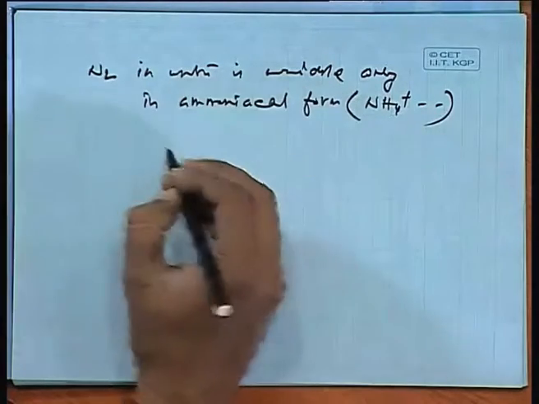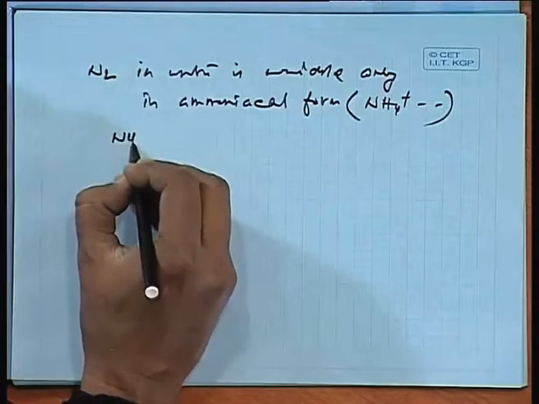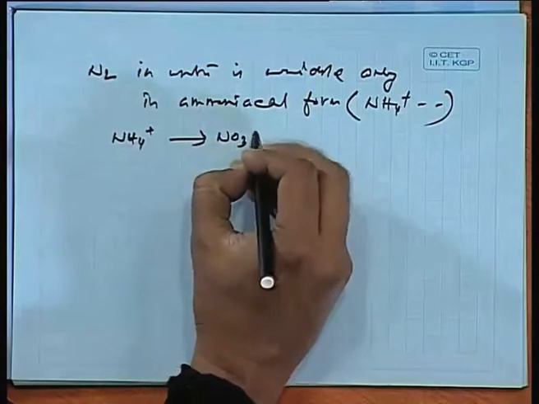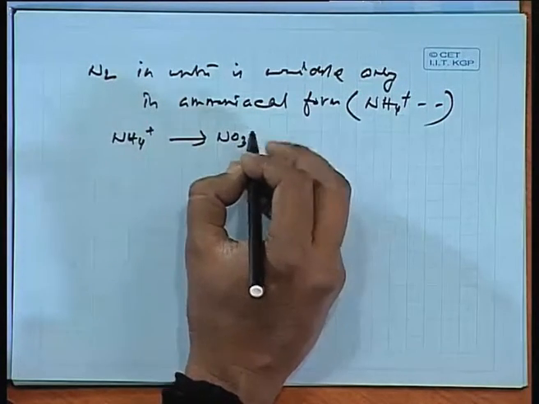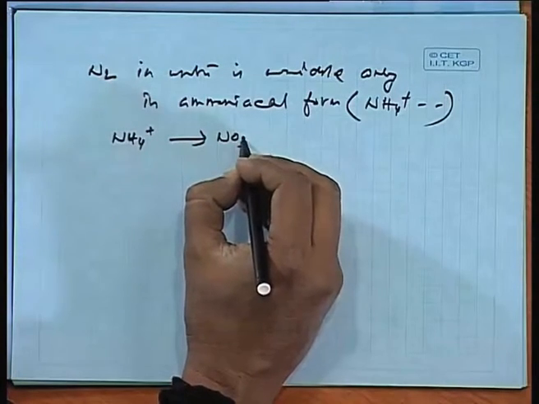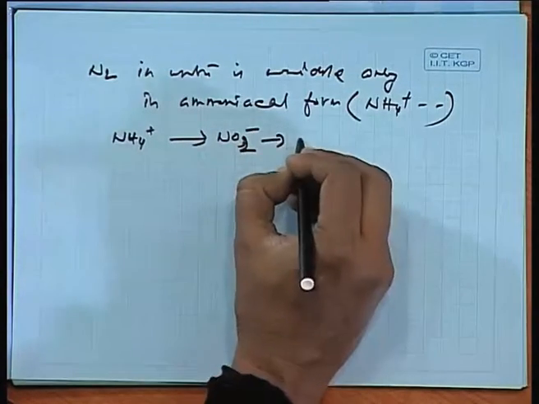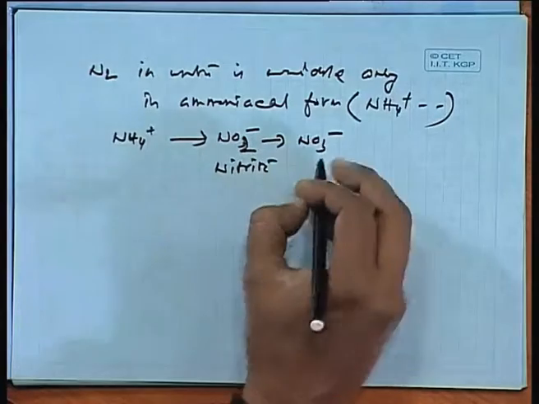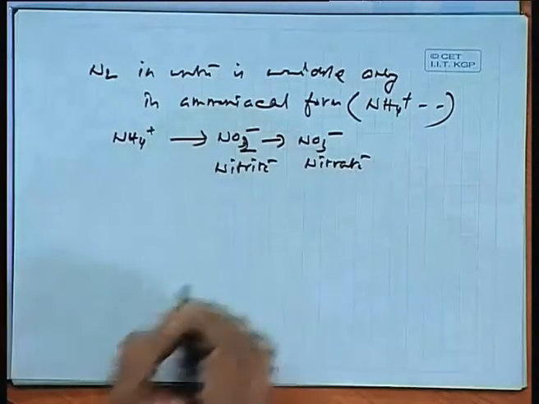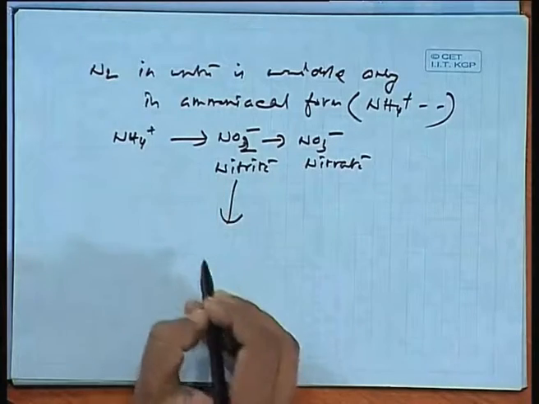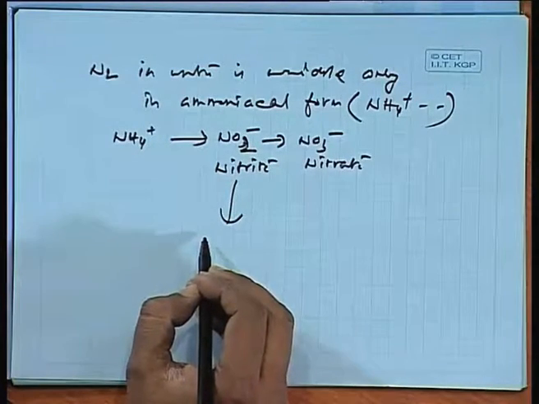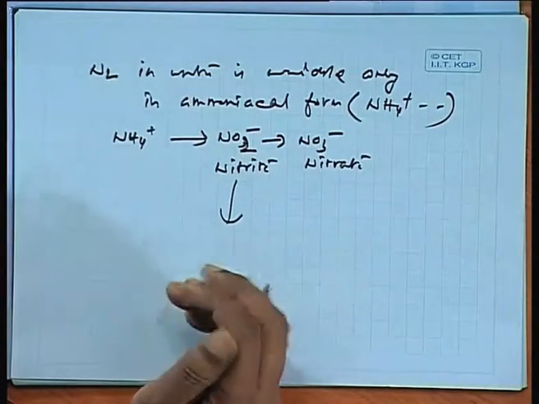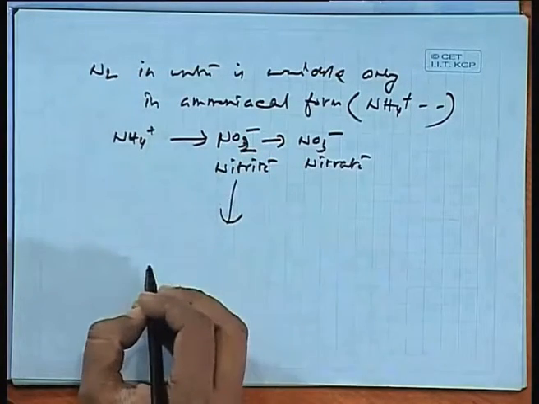If you just observe, this NH4 in a particular situation in water can finally lead to NO2 minus, and this would finally lead to NO3. So it would be a nitrite ion first, then a nitrate. Now this nitrate, if it is available in the water and is drunk in sufficient quantity by any child below 6 years of age,